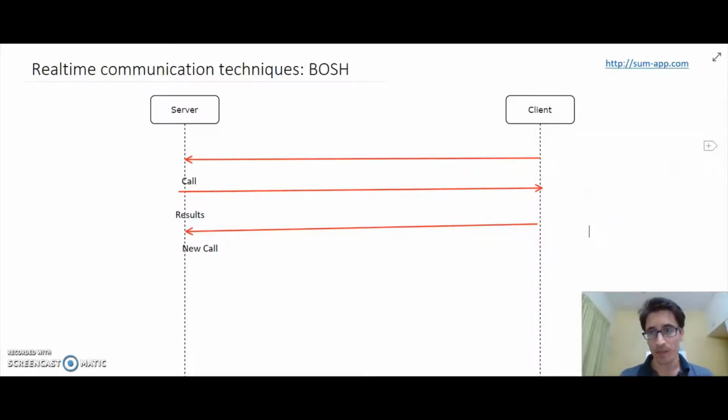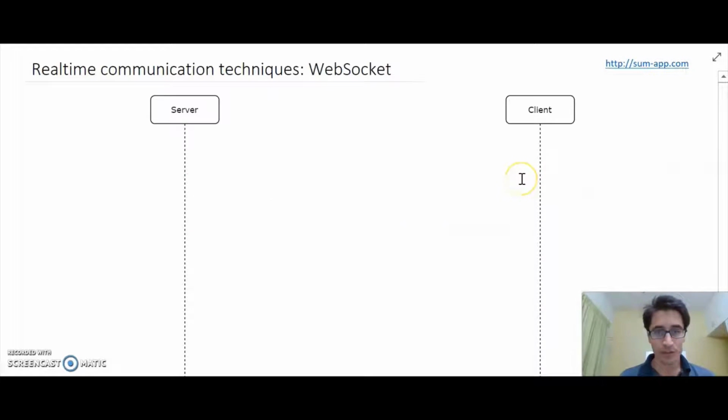The third approach is the most advanced one here from the protocol point of view, called WebSocket, which basically is the latest specification for communication between client and server, introducing bidirectional communication natively in the design itself. So this is a new protocol parallel to TCP/IP, which allows the client and server to exchange messages between them, right?